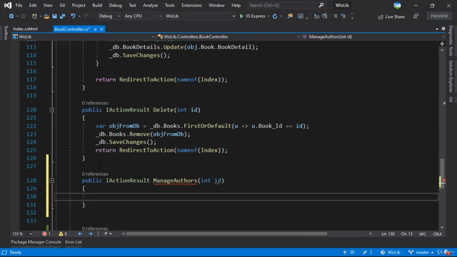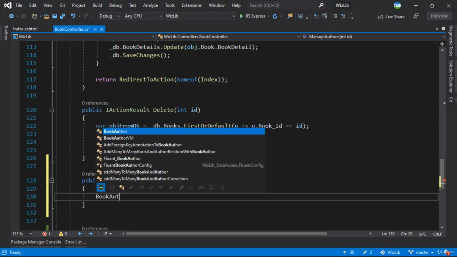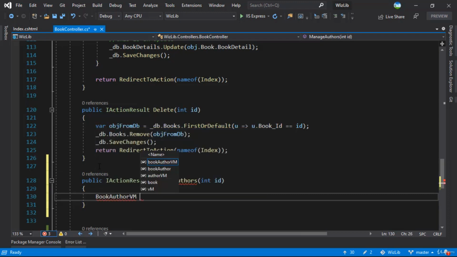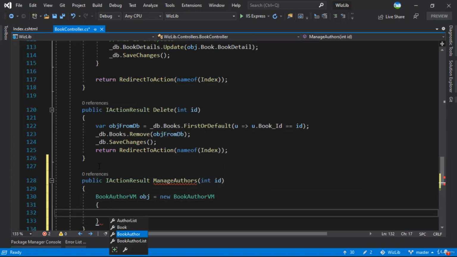What we want inside ManageAuthors is the BookAuthorViewModel. So we'll call this obj and let's populate this. So in here we want to populate the book author list. Now the list that we want is for all of the books because we want to manage authors for a specific book. So let's retrieve all of the records for book authors for a particular book. So we'll have